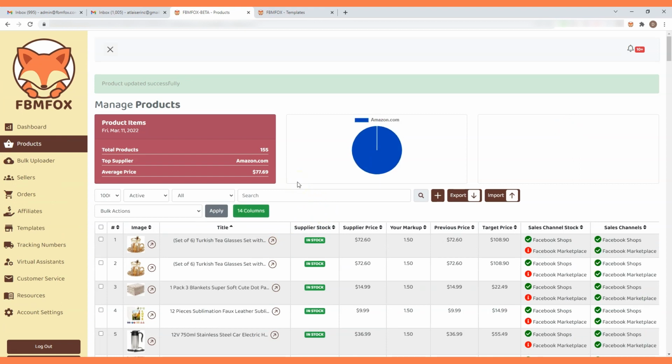So you might be asking, how can you migrate from the old templates to the new ones? Your old templates will just remain the same. You can just edit them to add on more information or subtract information. Your old templates are still valid, right? They're just not going to have all these options checked. So if you have a template for shops, it's still going to be a shops template. If you have a template for marketplace, it's still going to be the same thing. But if you create a new one, then you can have an all-in-one template. And if you edit your old one, you can make it an all-in-one template, right?